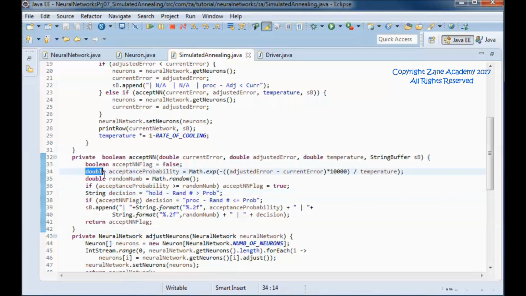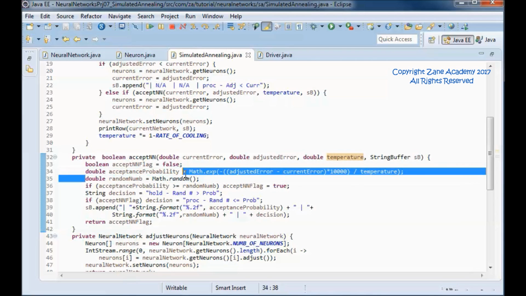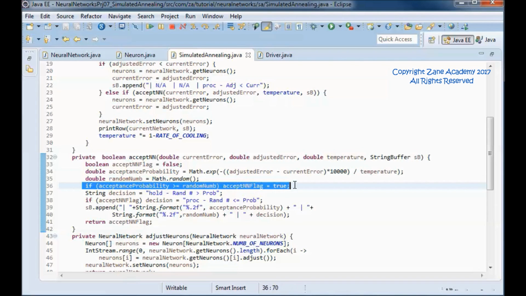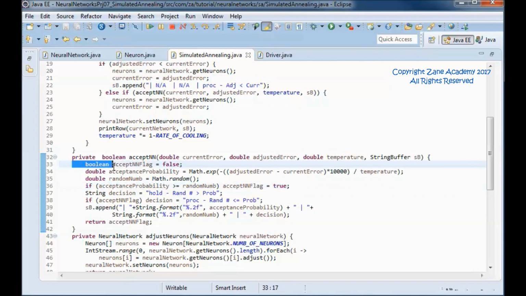So we get a number from the formula, which would be the probability number, and we come up with a random number. And if the probability is bigger than the random number, then we set the flag that we will be returning to true. And if it is true, then we print out the proceed message, random number smaller or equal than the probability.